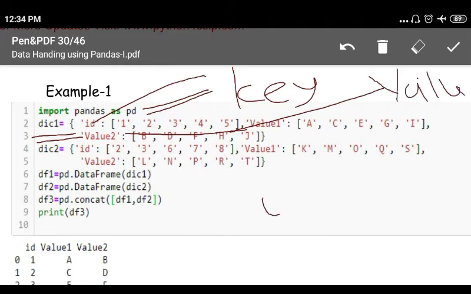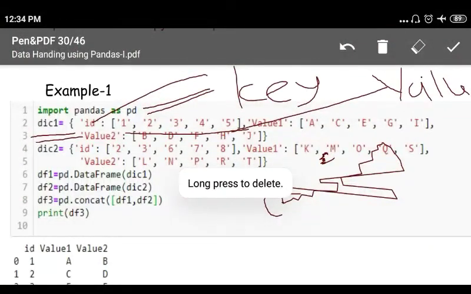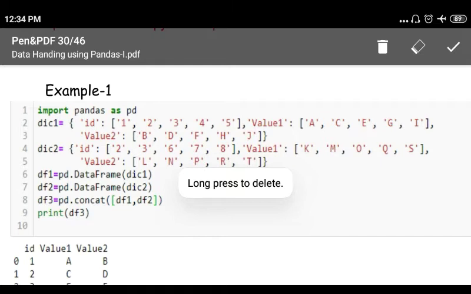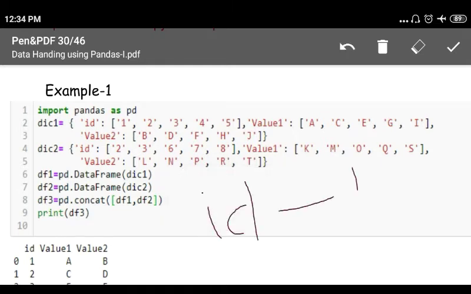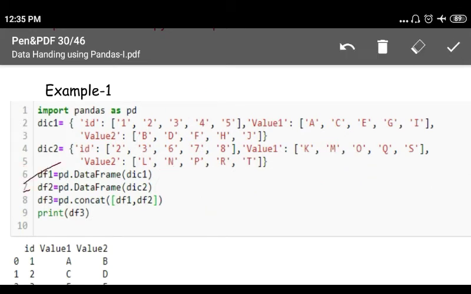So id is basically the key, and 1, 2, 3, 4 are values for this particular key; this key has a list of values. Similarly, dictionary 2 is there. We have created two data frames, df1 and df2, from these two dictionaries.